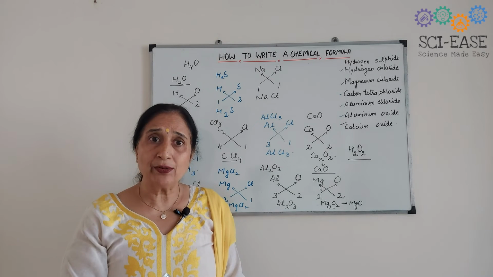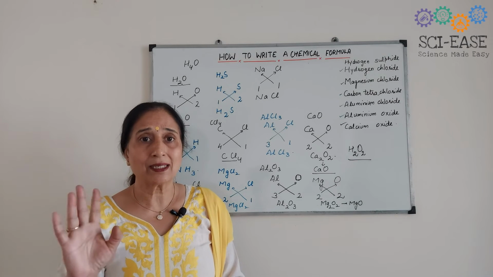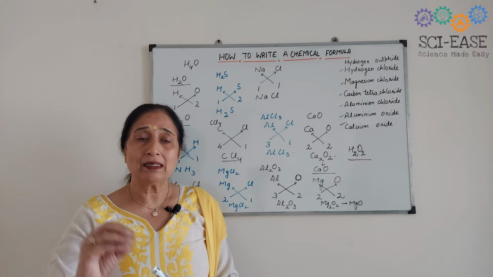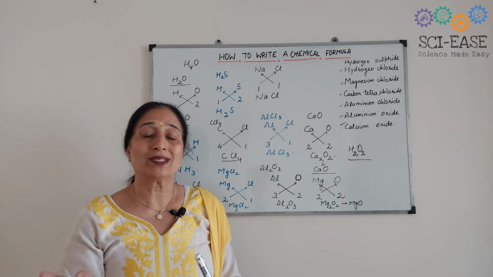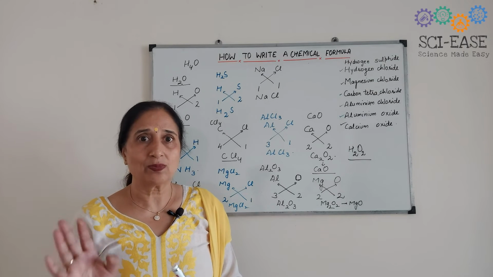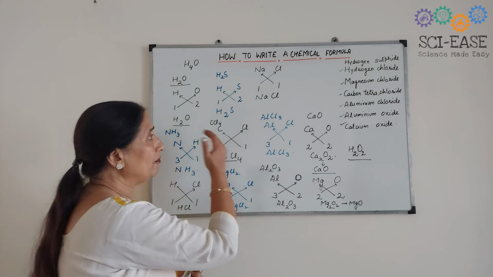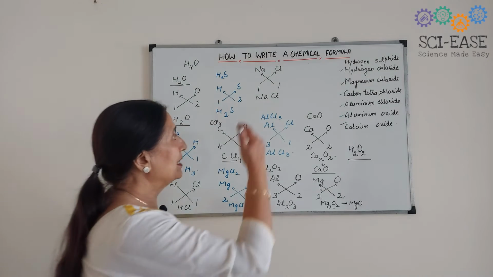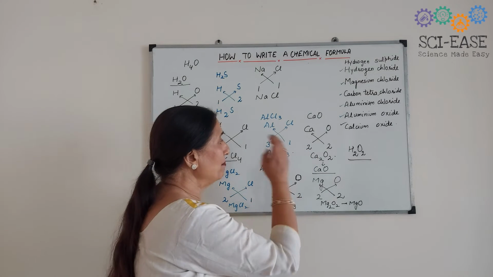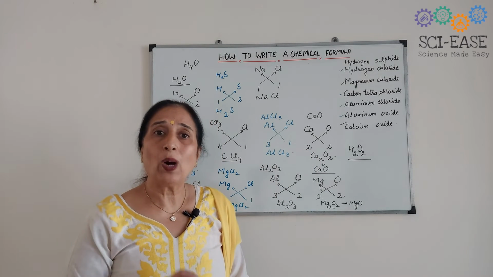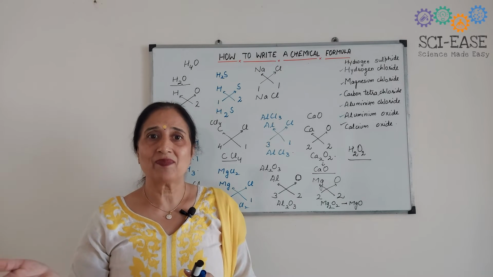I have told you 3 rules. One is no need to write 1 as a subscript, and second, in the same way, no need to write the negative sign or the positive sign of the cations and anions respectively. And second rule is that cations are always placed on the left hand side and anions are placed on the right hand side. And third rule is, in some formulae, we divide it by some number in order to simplify it.